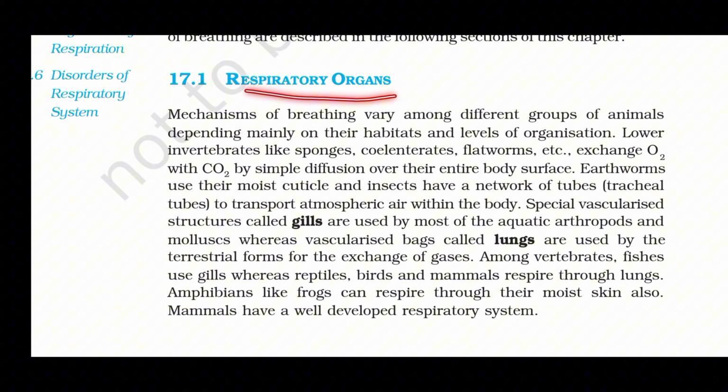The respiratory organs and the mechanism of breathing are described in the following section of this chapter. Respiratory organs. Mechanisms of breathing vary among different groups of animals depending mainly on their habitats and level of organization. Lower invertebrates like sponges, coelenterates, flatworms, etc. exchange O2 with CO2 by simple diffusion over their entire body surface. Earthworms use their moist cuticle, and insects have a network of tubes, tracheal tubes, to transport atmospheric air within the